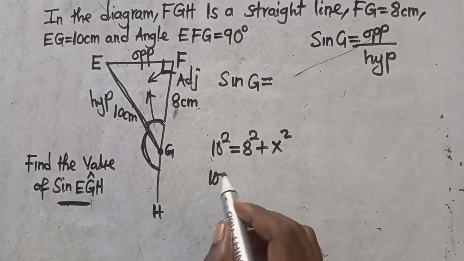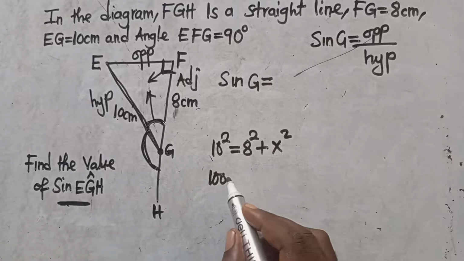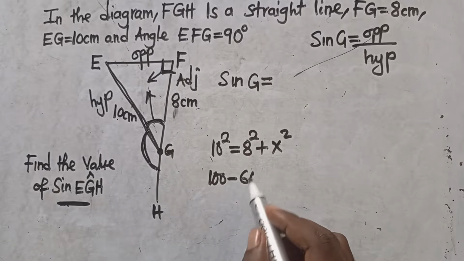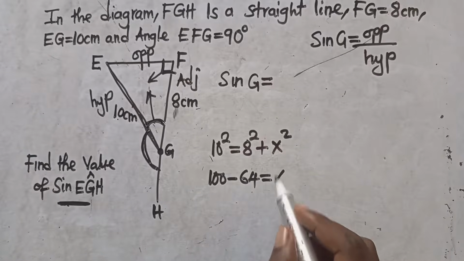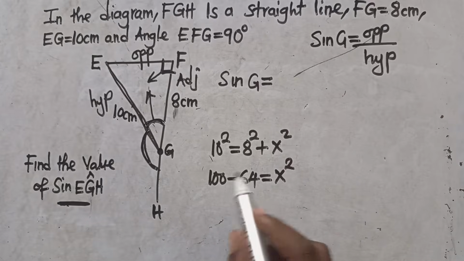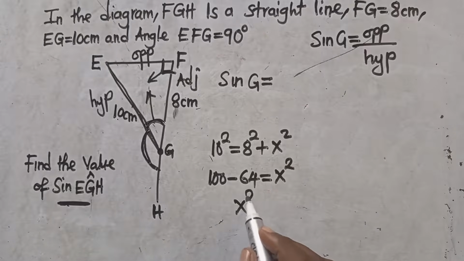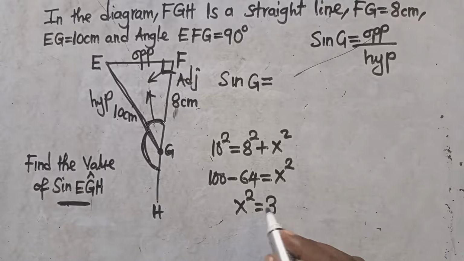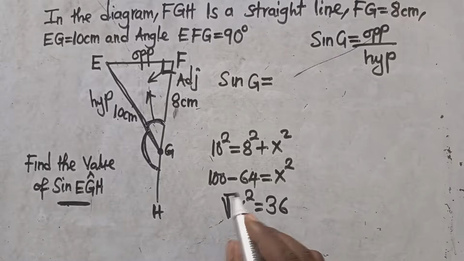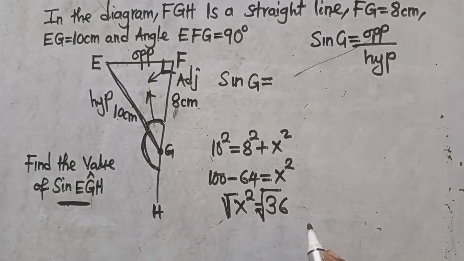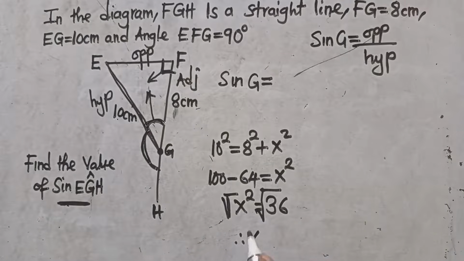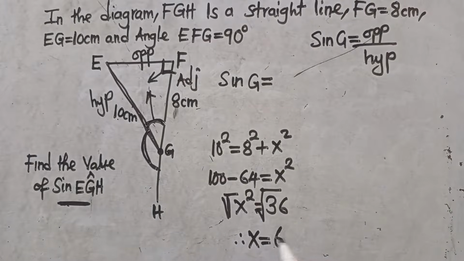This is 100. This one comes this side. It is going to be 64, which is equal to x squared. x squared is equal to 36. You introduce the square root, therefore x is equal to